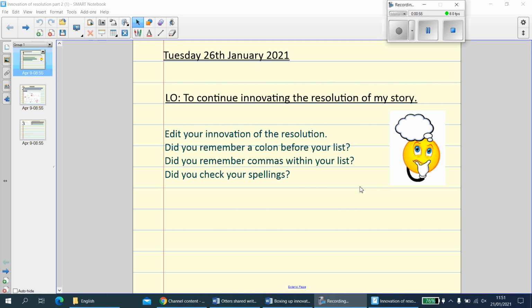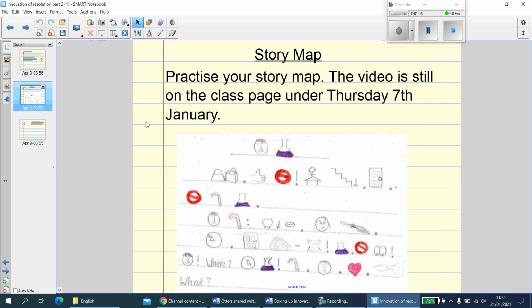So now that you've checked your work, hopefully you've spotted any silly mistakes you might have made, and it would be really nice maybe if you hadn't made any mistakes at all, but we will see. And as always, we're going to start by practicing our story map. As I think I say nearly every day, you should have practiced this lots now and know it really well. This should be getting quicker and quicker each time you recite it. So pause me here whilst you practice your story map and press play when you're ready to carry on.